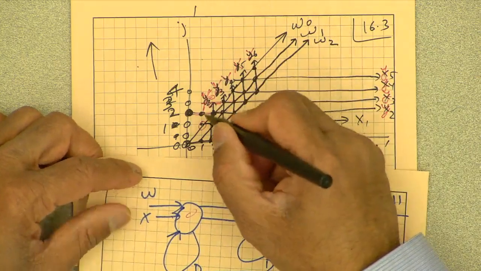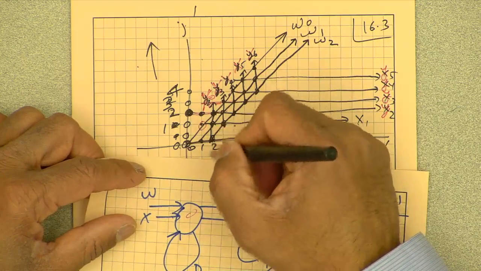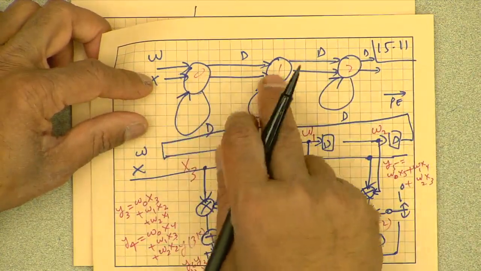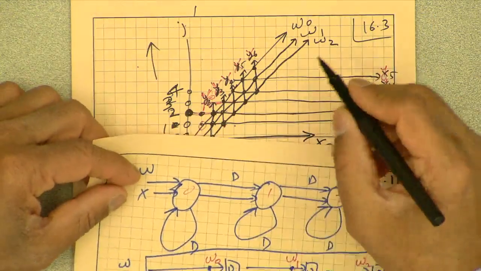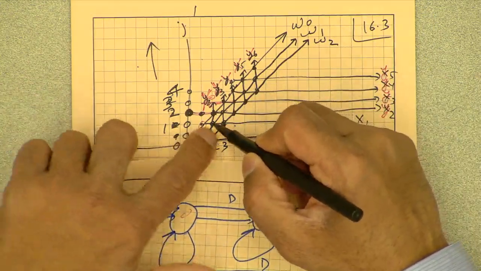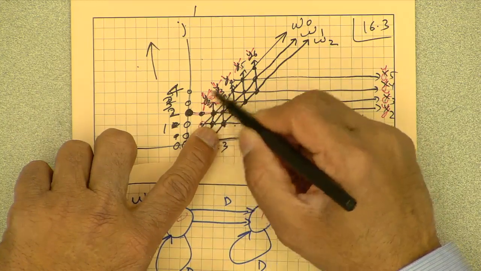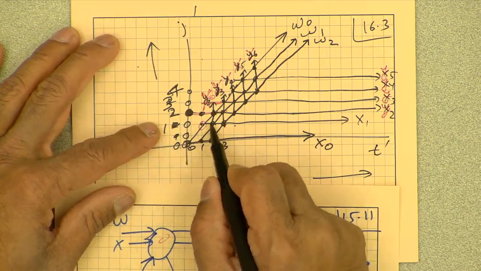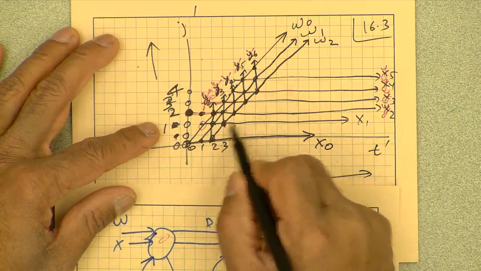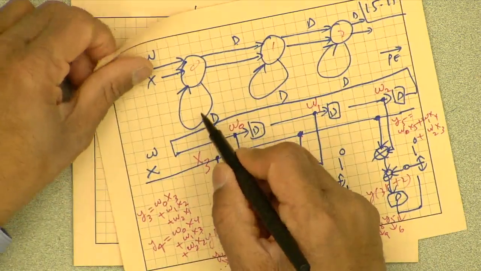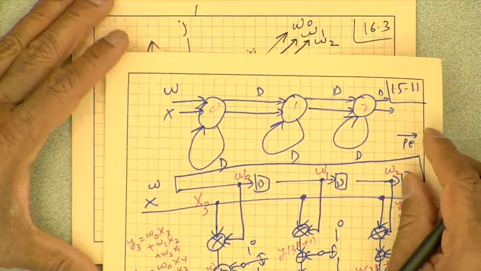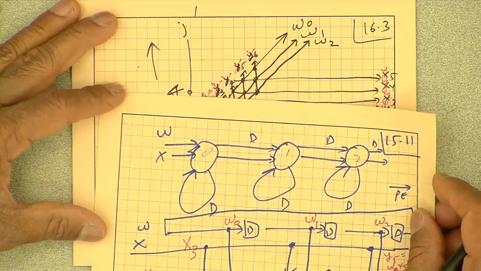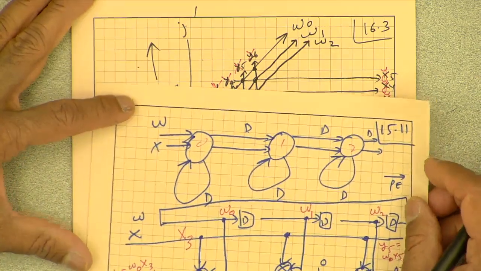So x0 is going from one PE to another PE in the same time. It's not going like that. So x is traveling from one PE to another with no delay. That's why there is no delay. W is traveling from one PE to the next one up, one more up at the next time. So that's one delay. Results y are in the same PE being accumulated with one delay from here to here and with one delay. That's what the accumulation does. Have we now understood what is going on in the space time? Okay, if not, you will practice in the homework and you will understand.